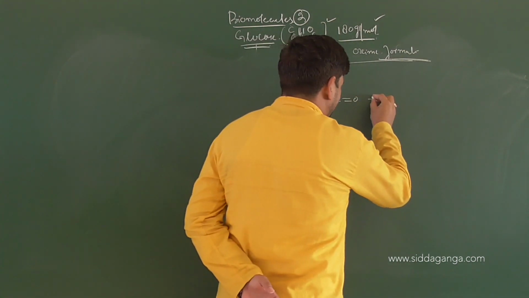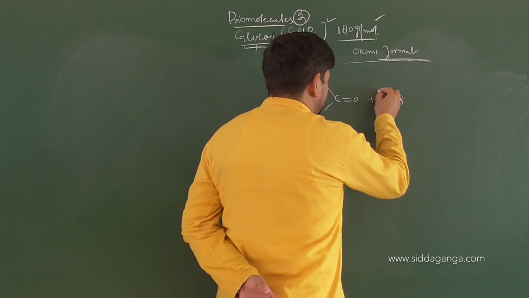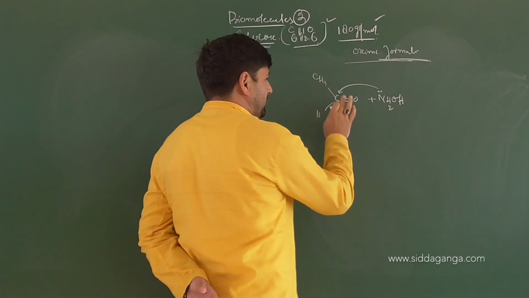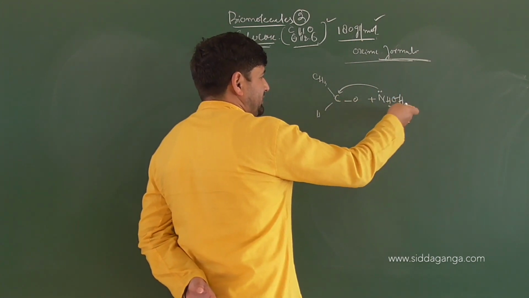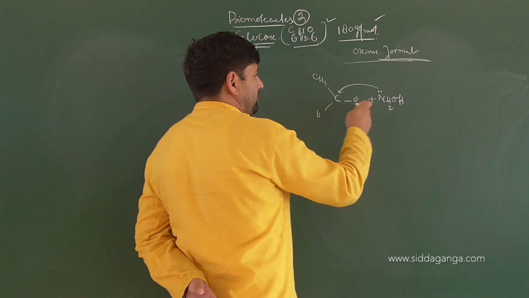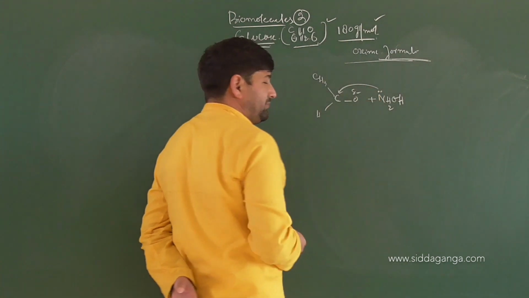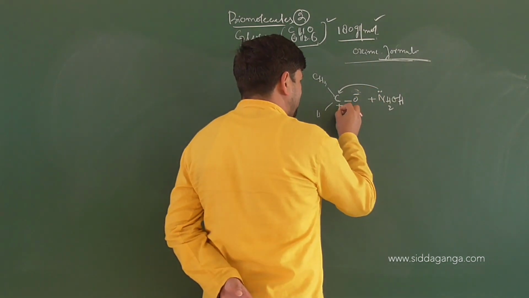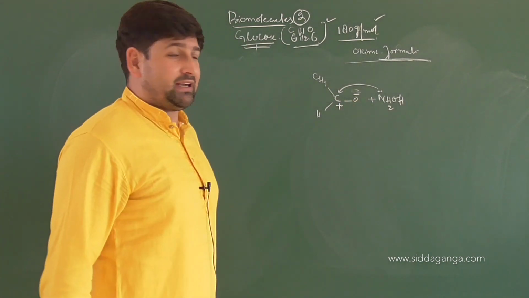When it interacts with hydroxylamine, that's NH2OH, we know nitrogen has a lone pair of electrons. That lone pair of electrons can come and attack the carbon, because when the reagent is coming for oxime formation, the carbonyl carbon's electrons shift towards the more electronegative oxygen. This makes the oxygen delta minus, and this carbon becomes plus in the presence of the reagent. So it's an electromeric effect working here, movement of the pi electron cloud.